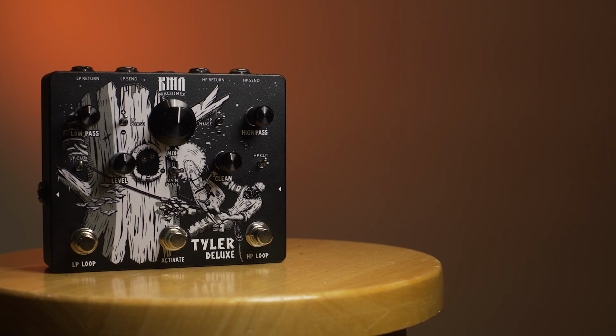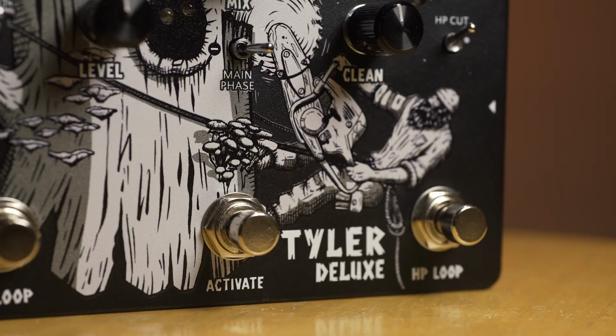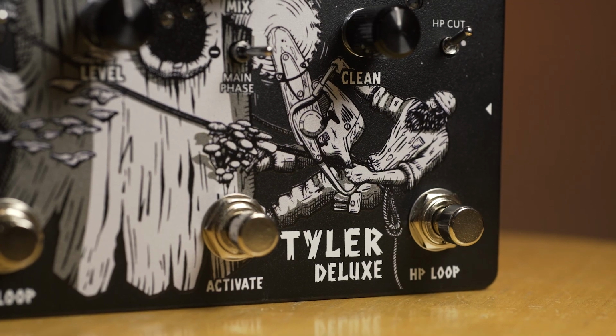Well, ladies and gentlemen, I have something incredibly powerful in my hands right now. This is the Tyler Deluxe. Now, KMA says on paper, this thing is a fully isolated dual frequency splitter and parallel chain signal blender. Now, that's a lot of words, a lot of really crazy words, but in a nutshell, what it is